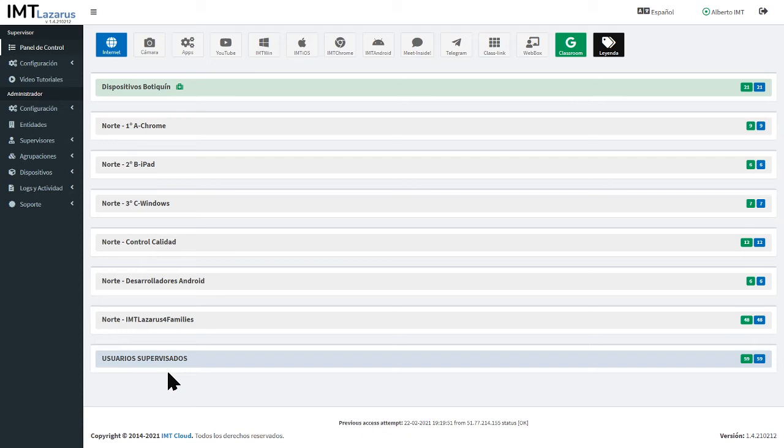But in the case we need, as teachers, to create new groups, so dynamic groups that are going to be composed of different students from different classes, for instance, for reinforcement classes or for special tutorial classes or whatsoever, we have the option to create dynamic groups that are not necessarily integrated into the school at the beginning of the year, and integrate and bring the information of each device of each student as they were already loaded into the IMTLazarus platform. To do so, I am going to show you that